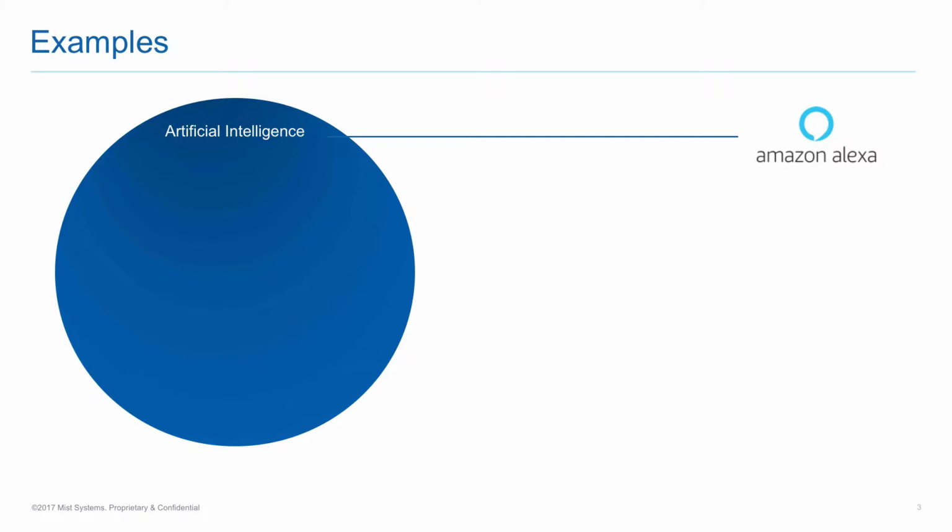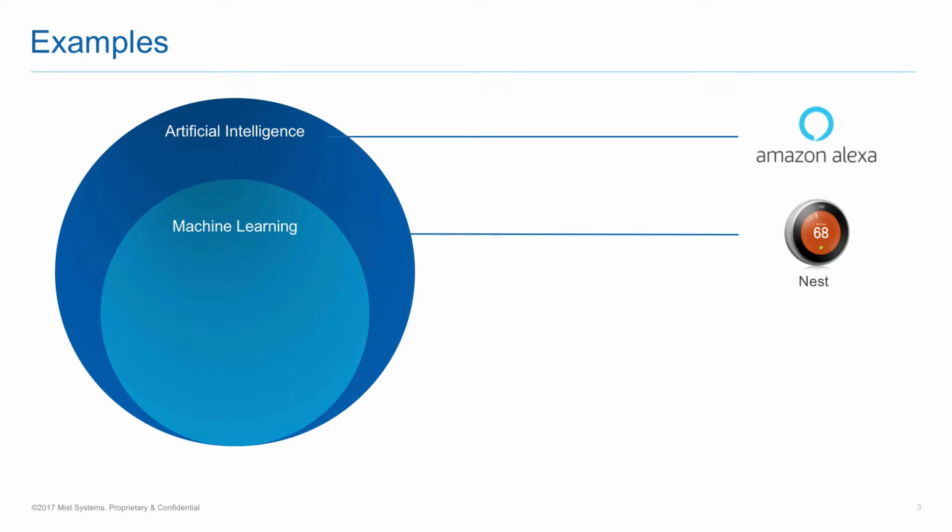The AC is set to 72. So being able to understand, process, and take action, that's AI. That's beautiful. Now, machine learning is the Nest thermostat in our house detecting and saying, hey, everybody seems to have